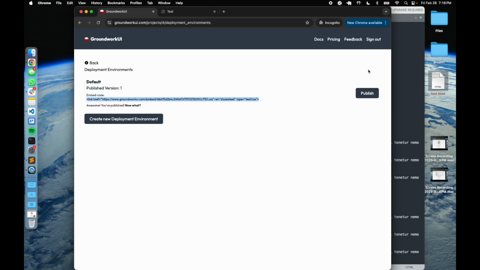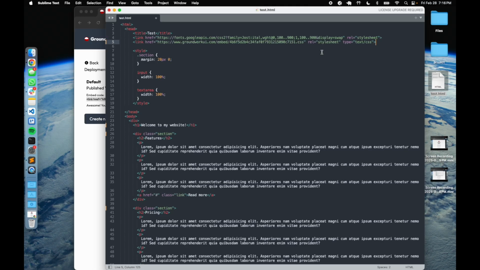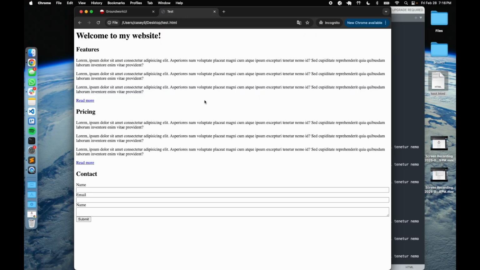So copy that, and you want to copy that into your head tag. Okay, so the page that you want to use it on, just copy it into the head tag there. So save that. And it's basically ready to use at this point. Now, if you go back to your website and refresh it, nothing will have changed because Groundwork UI at this